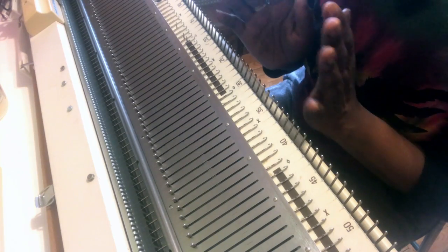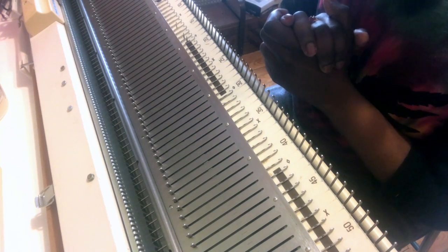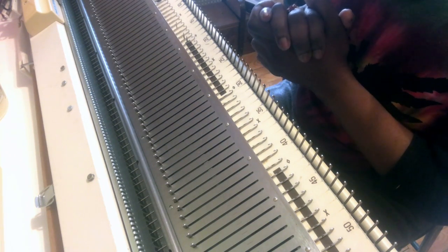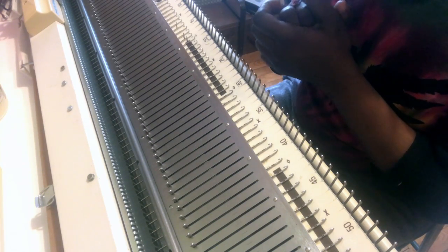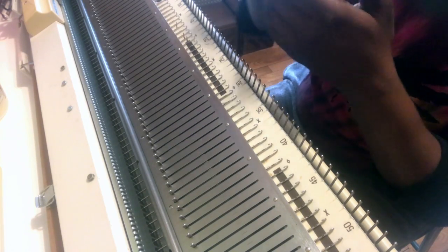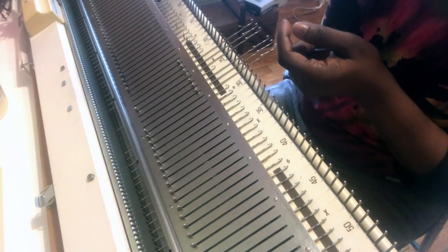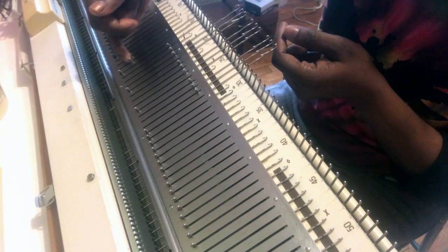It's going to require no gauge, okay, no swatching, unless you'd like to. You can use any kind of yarn, and you can use any kind of machine. What we're going to be doing is short rowing, and we're going to create a pattern that looks like S's, where we'll have some needles in hold, some needles out of work. So for instance, we may want to do 3 in hold, 1 out of work,